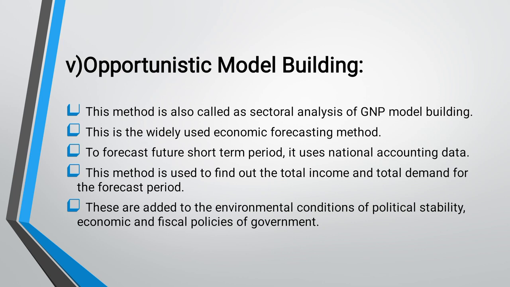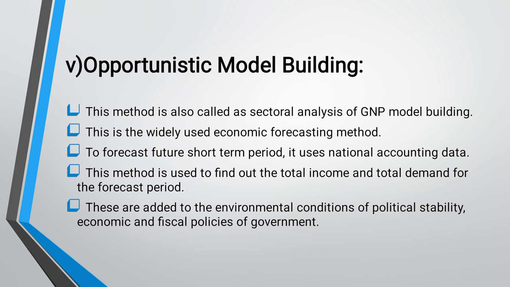To this are added the environmental conditions, the political stability, economic and fiscal policies of the government, and policies relating to tax and interest. This must be added to gross domestic investment, government purchases of goods and services, consumption expenses, and